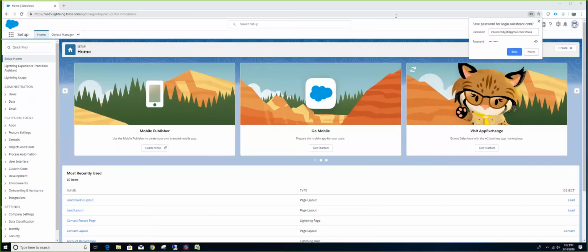On the individual consumer layout, you might have fields like first name, last name, details about an individual consumer. Whereas on the business account, you might have details like the company's annual revenue, the website, how many employees are working for that company, things like that.